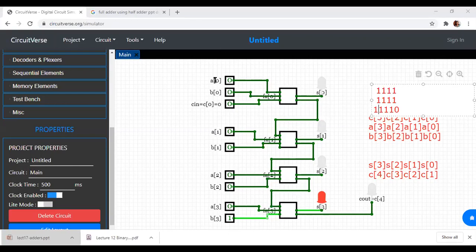What has changed? Only the input which is going to this has changed. Generally in a full adder, what are the inputs? We have A, B, C in. What is the output? S and C out. In the first full adder 0, what is the input? A will be equal to A of 0, B is equal to B of 0, C is equal to C of 0. What is your sum? Sum is equal to S of 0, and carry C out will be equal to C of 1 for the first full adder.